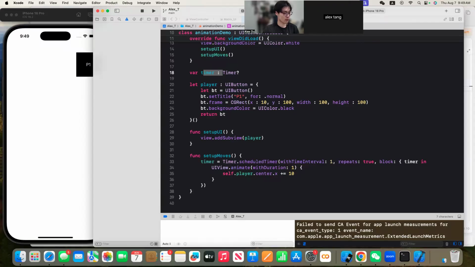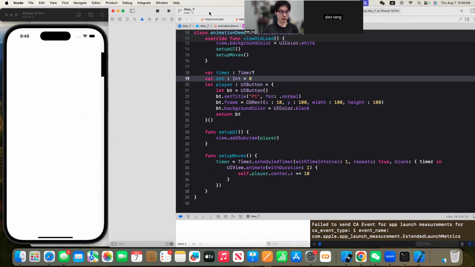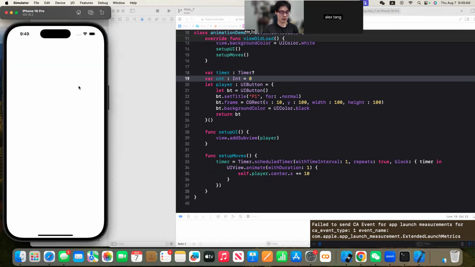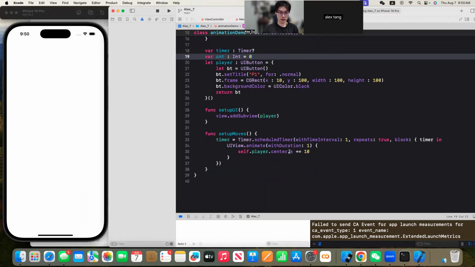So for instance, right here, I can do a var, a CNT, a counter. This one is going to be an integer. What I'm trying to do is I need to stop this somewhere else, right? That simply means I can actually create a self folder here, and then simply